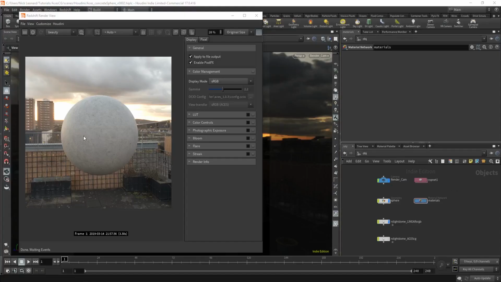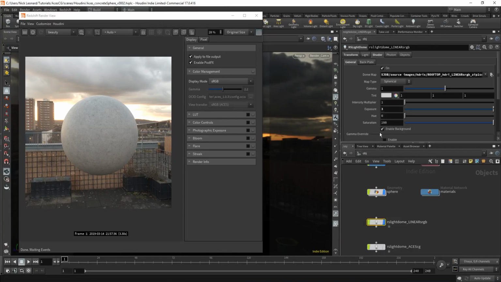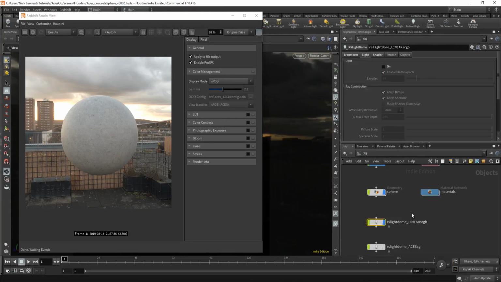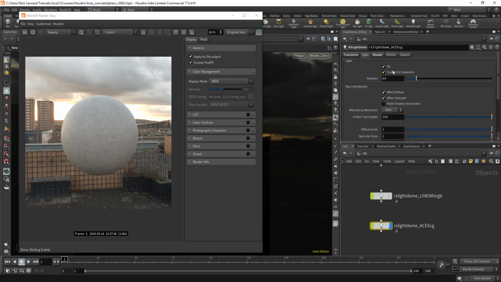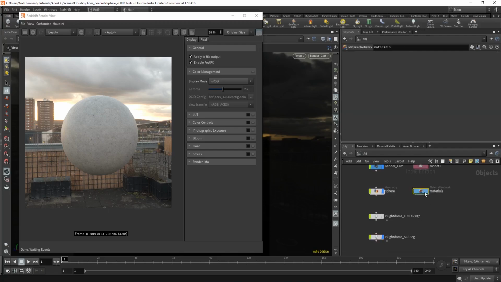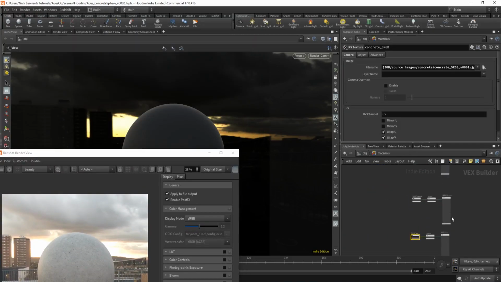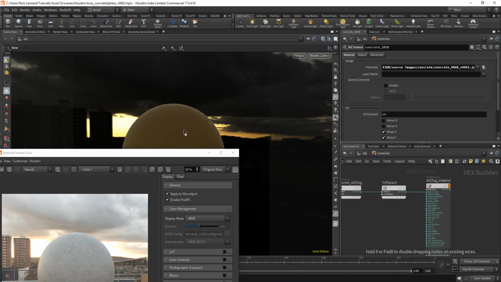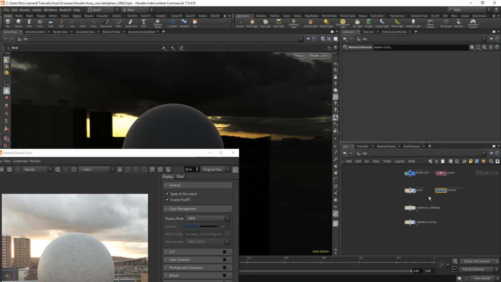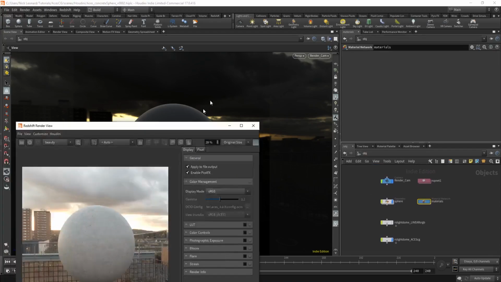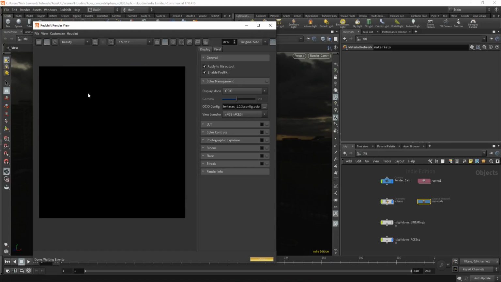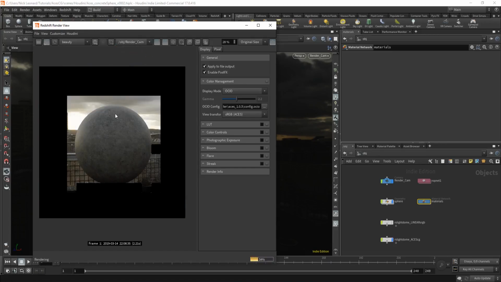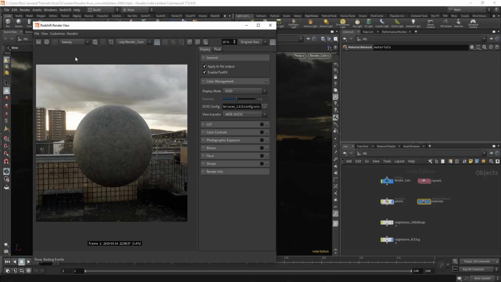I'm going to quickly render out the ACES CG version. Let's turn off this HDRI. Turn back on the ACES CG HDRI. We'll drop the ACES material back on to the sphere. Change the color space back to OCIO. Make sure we've got the render cam selected. Like so. We'll pause the render and I'll save this image as,